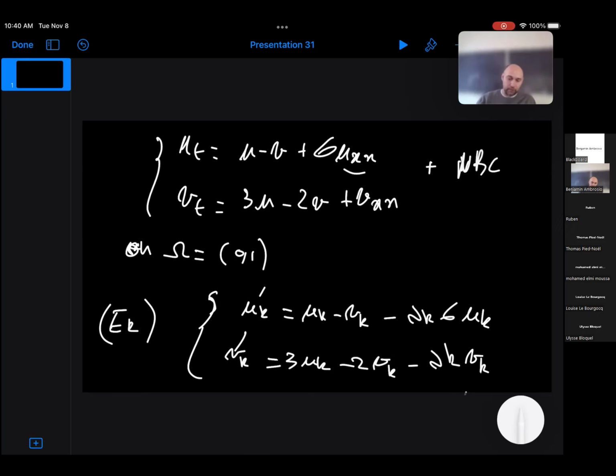And in order to do that, we look at U(x,t) as the sum for K going from 0 to infinity of